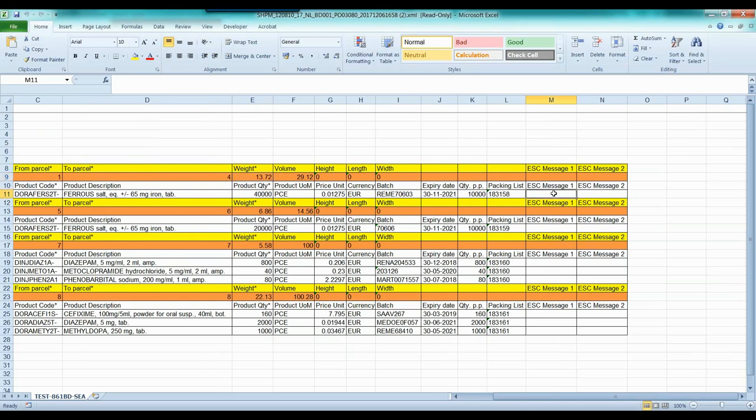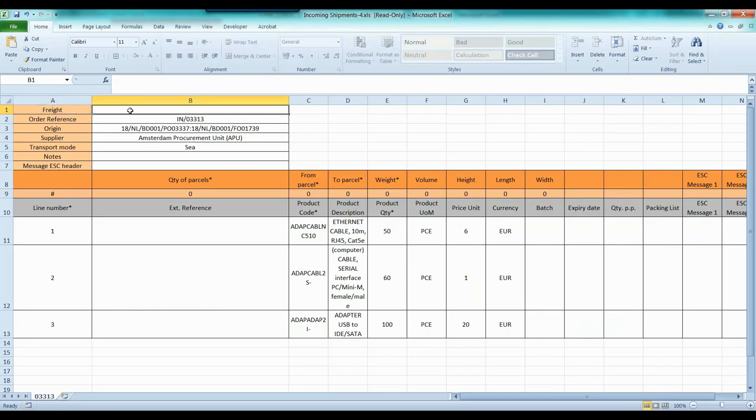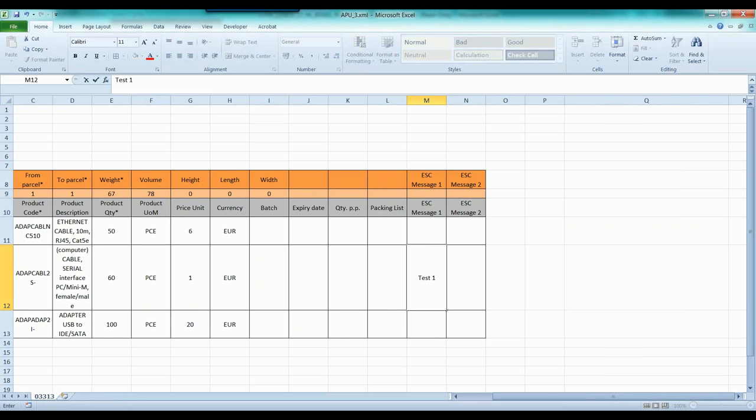If they put a number for something specific on the line, a message, you will get it the moment you're doing your reception. So because I generated my own incoming shipment, I'm just assuming this came from the APU freight manifest, and I say transport mode by sea, and you have your quantity. So here I come, it's just one. And if I come here and write a message, test 1, test 2,